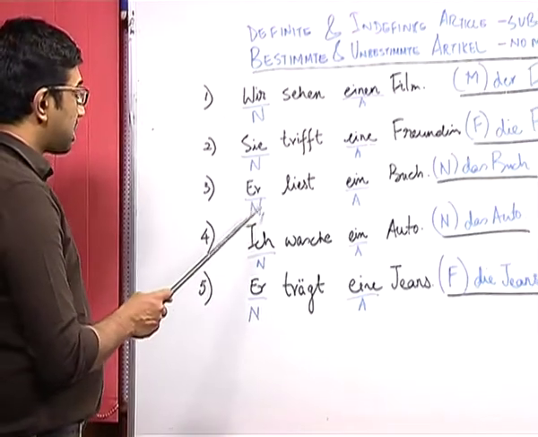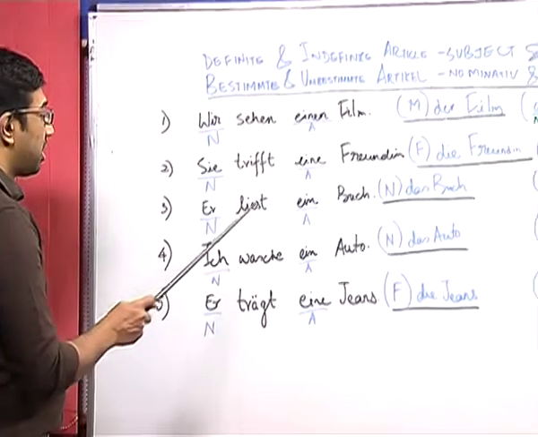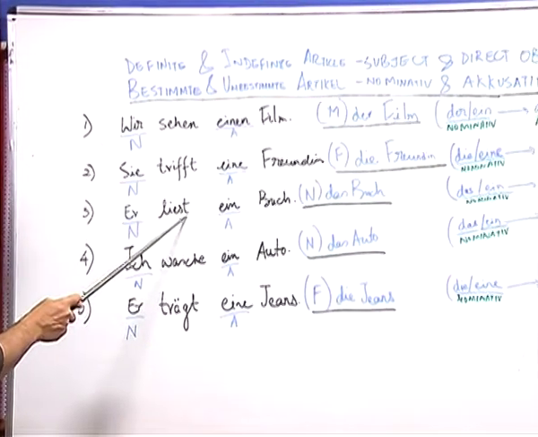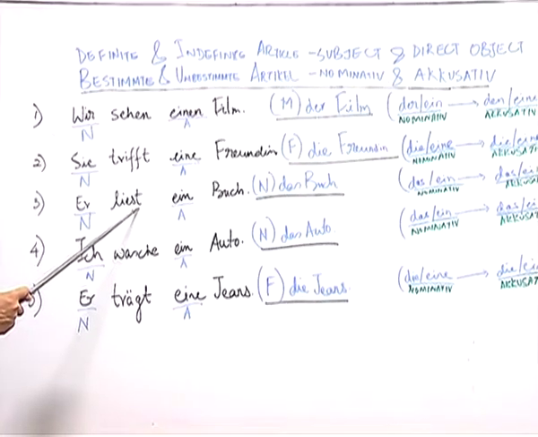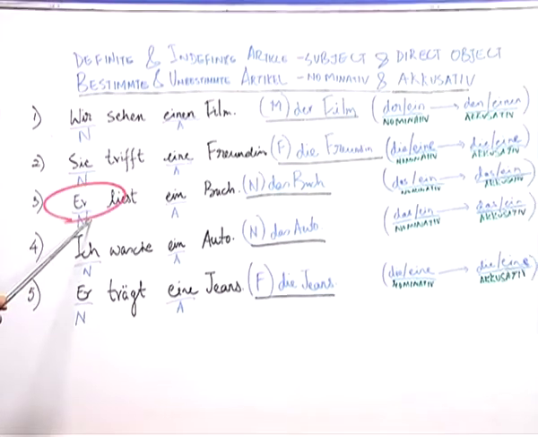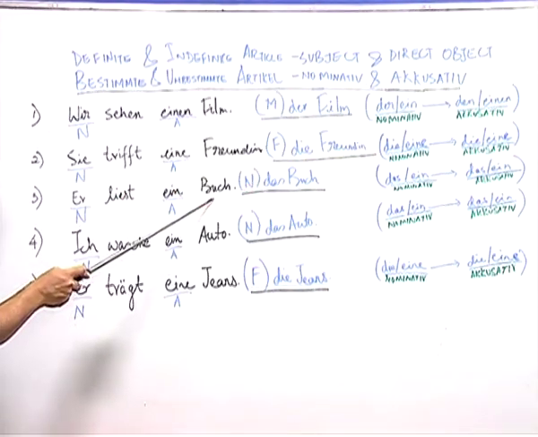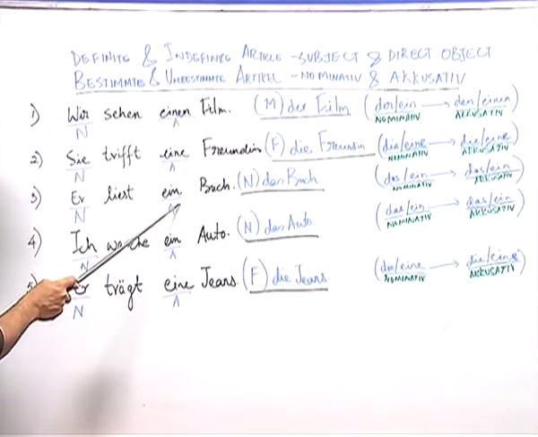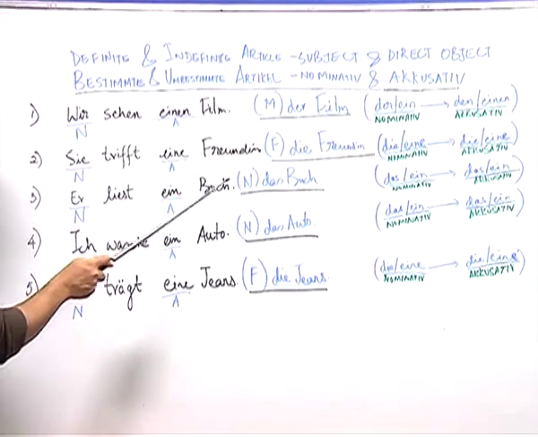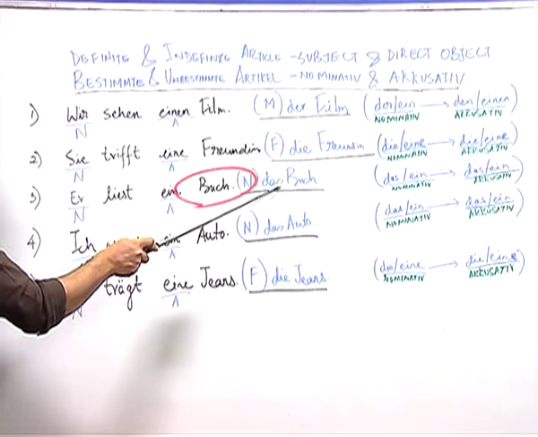Now, look at sentence number 3. Er liest ein Buch. The verb liest here is conjugated from the infinitive verb lesen. Er is here the nominative, which is the third person masculine pronoun. Ein Buch. Now, ein is here the indefinite article, and if you look here, the noun Buch carries the neutral